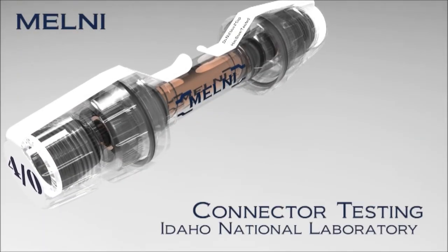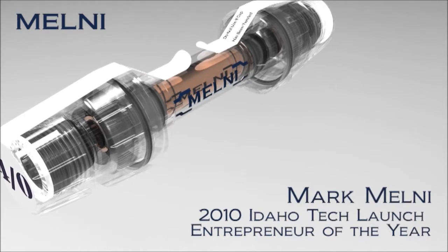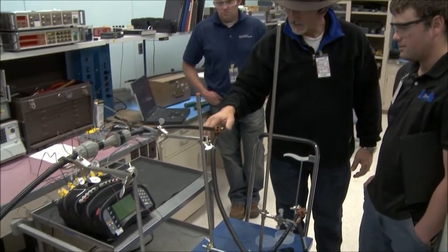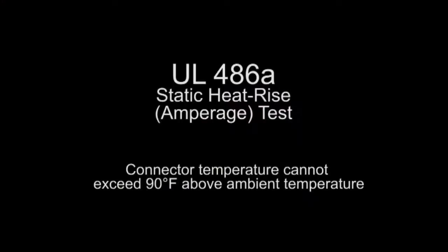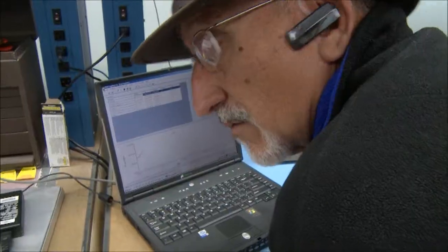Idaho National Laboratory came on when we were just an IP. My product had won the statewide contest, so they offered to help us with the testing. And we just finished our tests for the amperage and for the voltage breakout. The amperage test was performed a number of times. We have a trend at this point to see what our devices will do